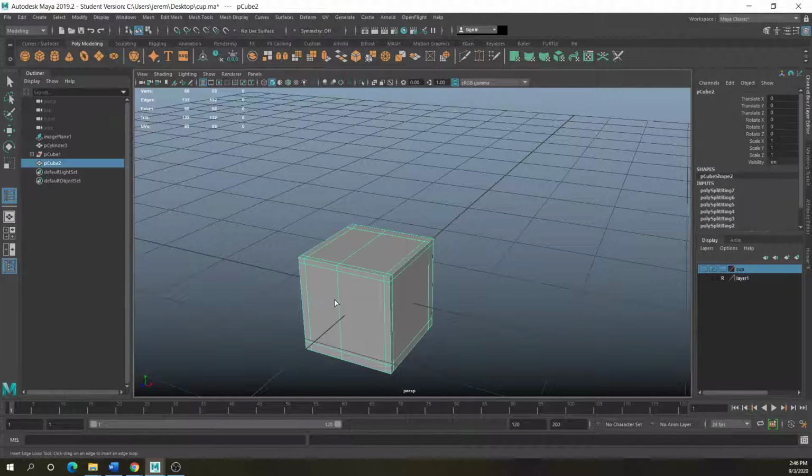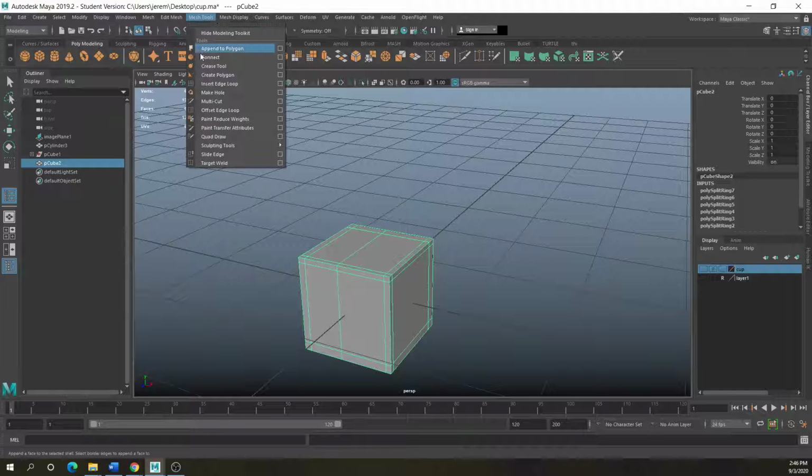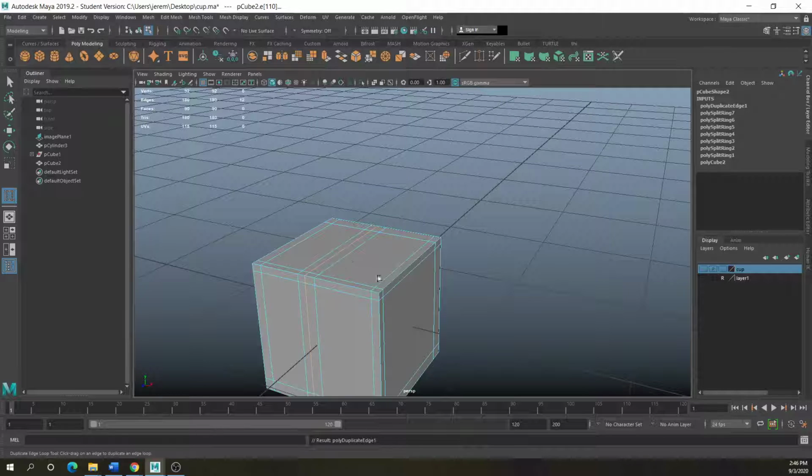With the edge loop, you have the offset edge loop tool, which I like to use. Basically, this will run an offset down the straight line. It creates a two edge offset of the one edge line that you wanted to use.